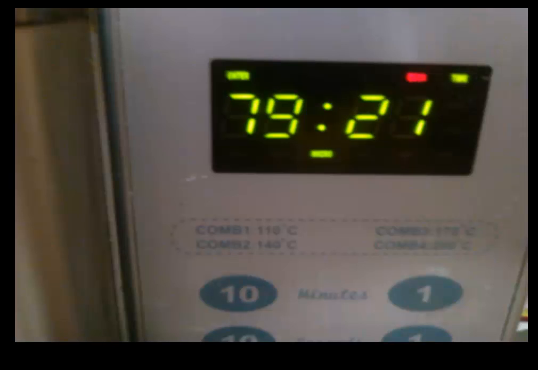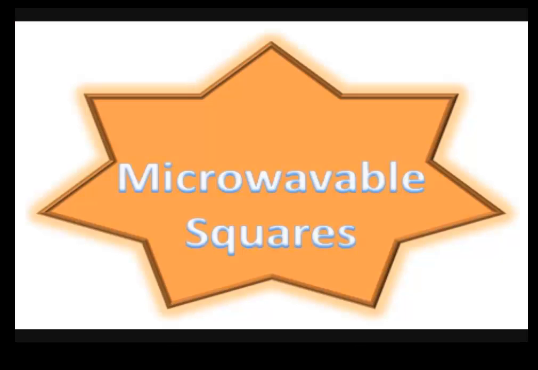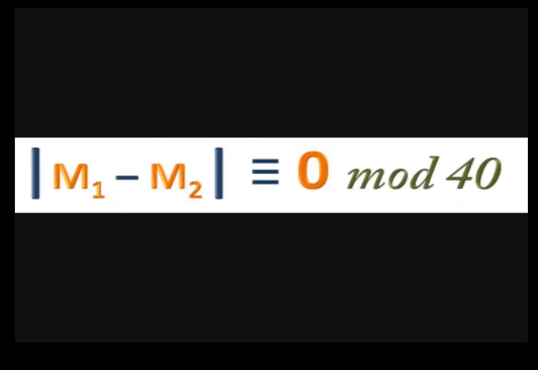The other pair is 79 minutes 21 seconds, that is 7921, which is the square of 89, and its seconds counterpart 4761, which is the square of 69. A few special things that I've found about microwavable squares are the difference of those squares is divisible by 40,